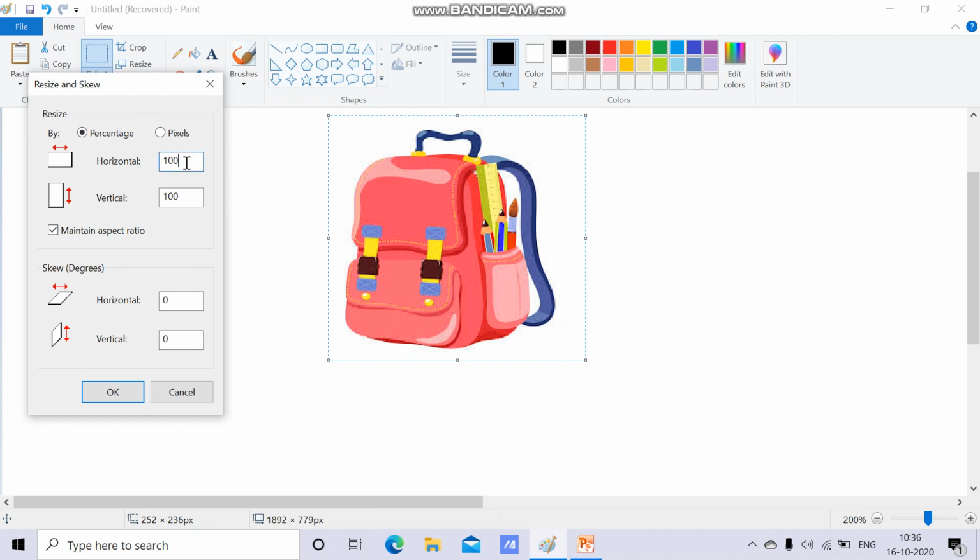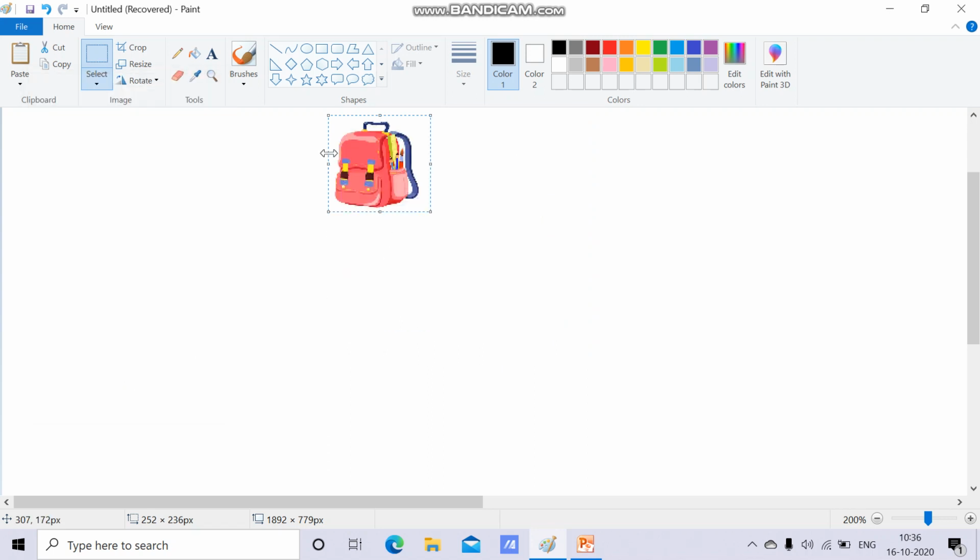Now change the percentage. Now go to the pixel and you can change the pixel also. Okay, after that select OK. See, the image is so small now, isn't it? It's become so small.